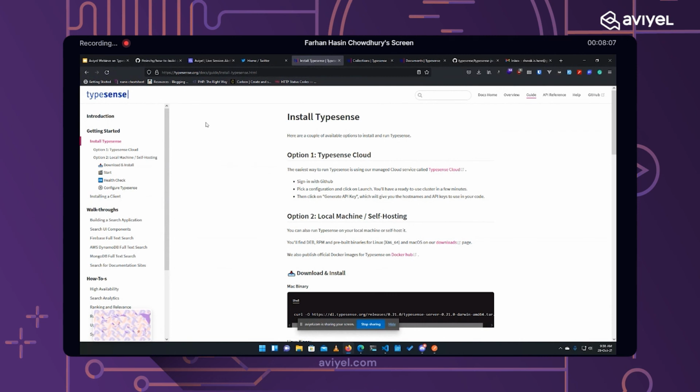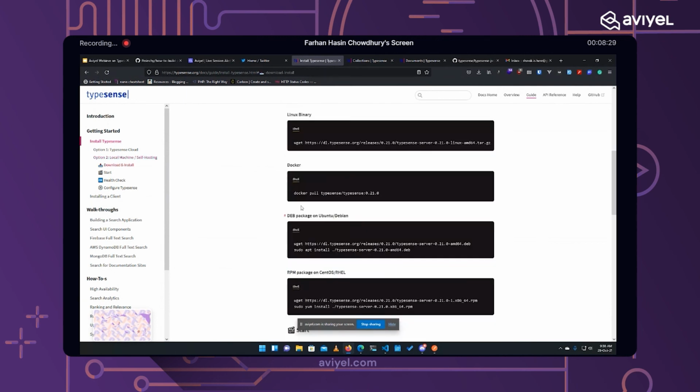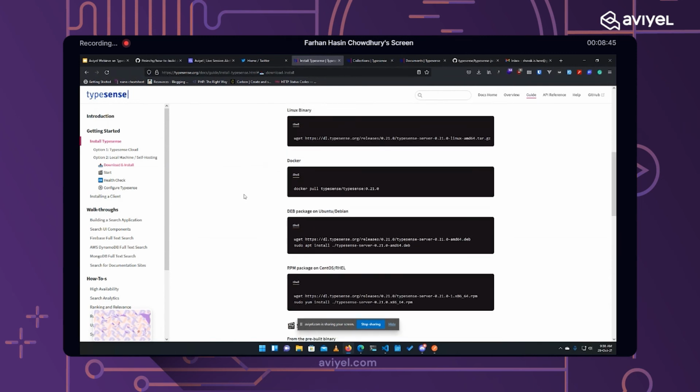The first step is to install TypeSense. There are multiple ways of installing it. It's written in C++ and it comes as a compiled binary. So either you can download that binary and run it as a service on your Linux or Mac or whatever your machine runs on, or you can use Docker to use the official TypeSense image and spin up a TypeSense server. In today's demo, we'll obviously use the Docker route because I don't know what platform you are on, and Docker kind of unifies all the platforms.